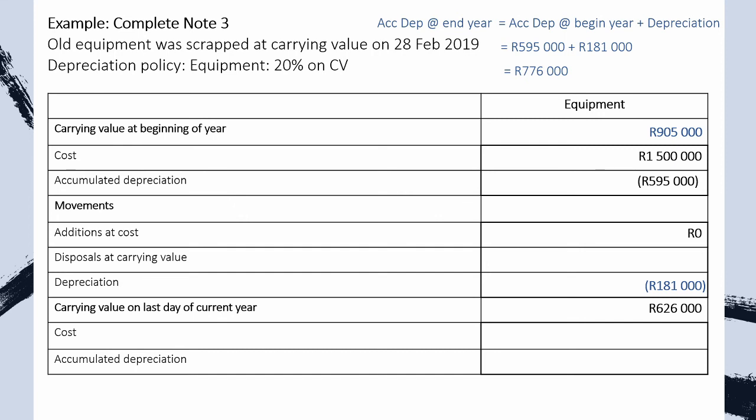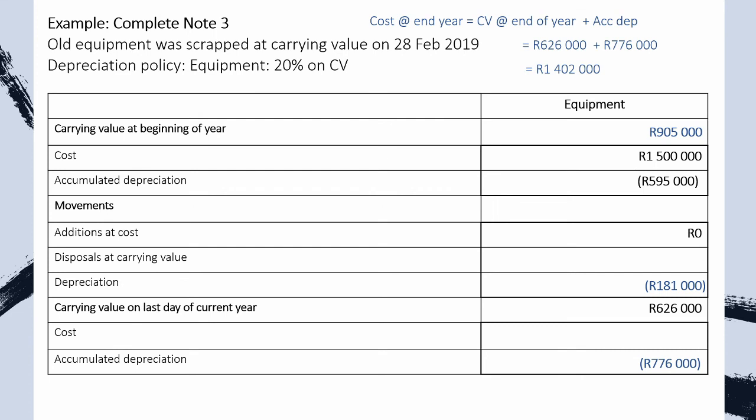How do we do that? We say accumulated depreciation at the beginning of the year plus depreciation, which gives us 595,000 plus the 181,000 gives us the 776,000, also in brackets. Please keep that in mind, as it has a negative effect on our carrying value at the end of the year. Now we can calculate our cost at the end of the year. How do we do this? We use our carrying value at the end of the year plus accumulated depreciation, which gives us our